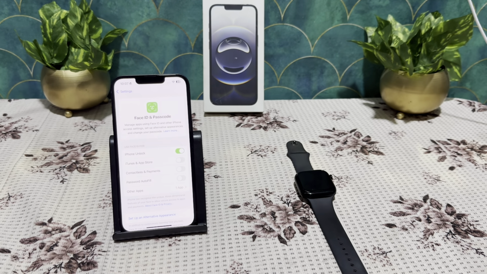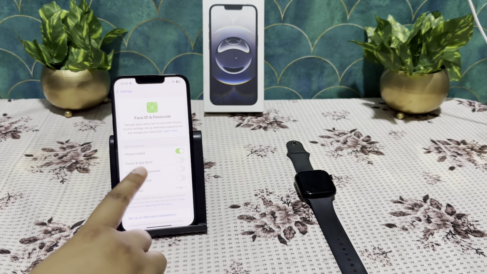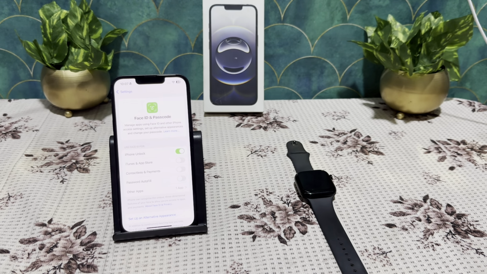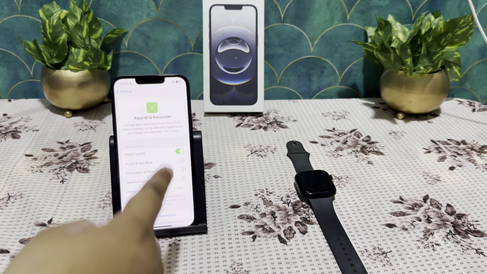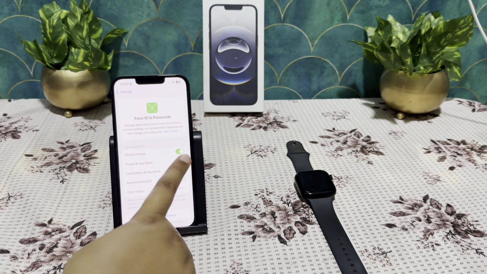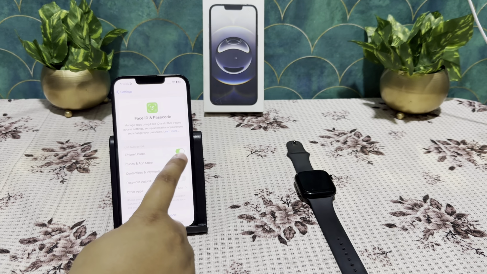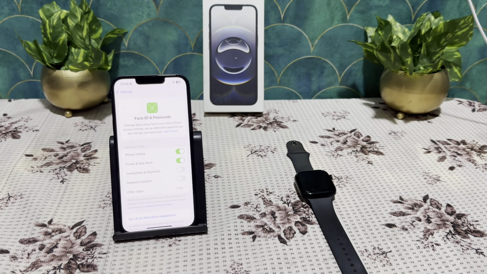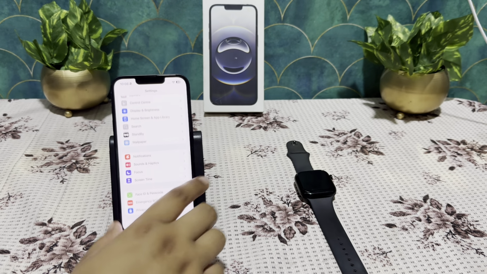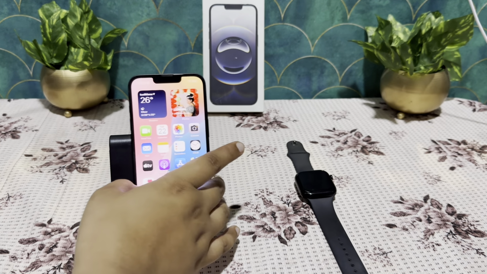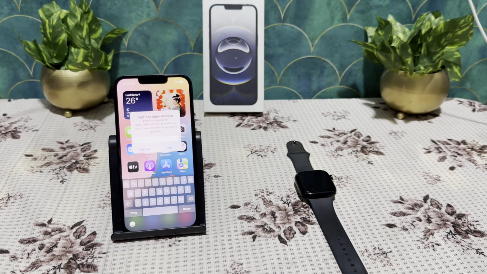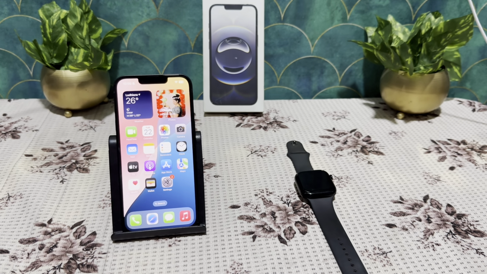And even if the passcode is required for other services as well, then you just need to select these options so that these apps will be unlocked with your Face ID only. You need, like, iTunes and App Store to unlock. If you want to unlock these apps with your Face ID, then you need to enable this option as well. This is how you can do that. Otherwise, let's just cancel it.